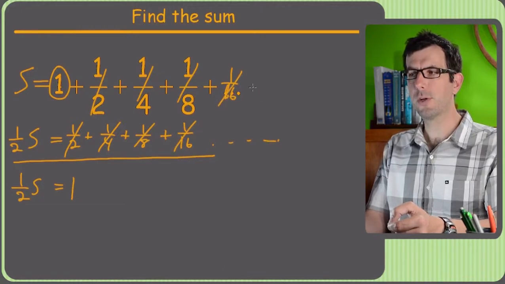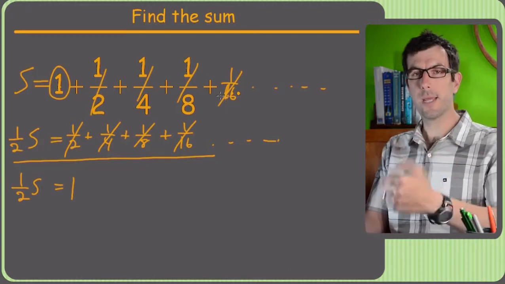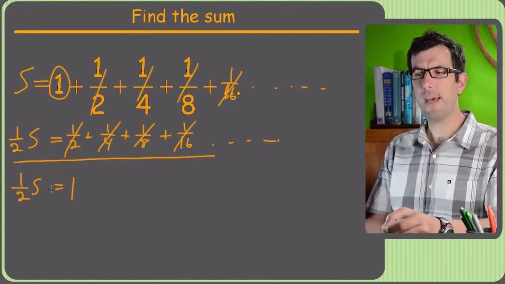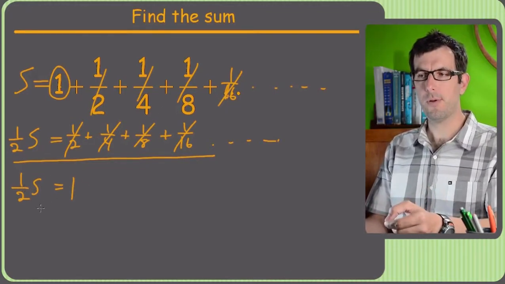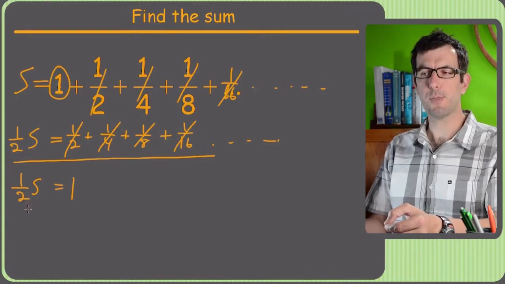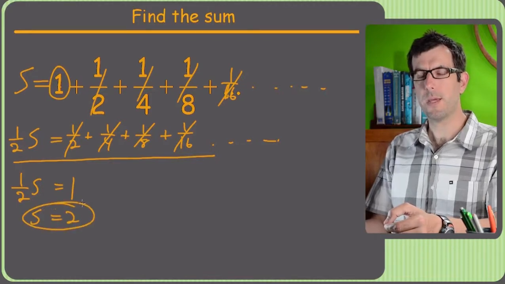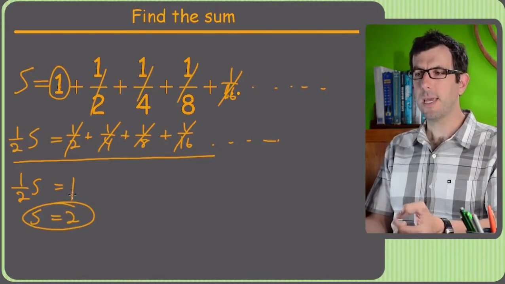And of course, all the smaller terms also cancel one against another. So 1/2 s equals 1. Pretty cool. Now if I want to solve for s, I just multiply this whole thing by 2, and I get s equals 2. So that's kind of a fun way to prove this, and we could use that for